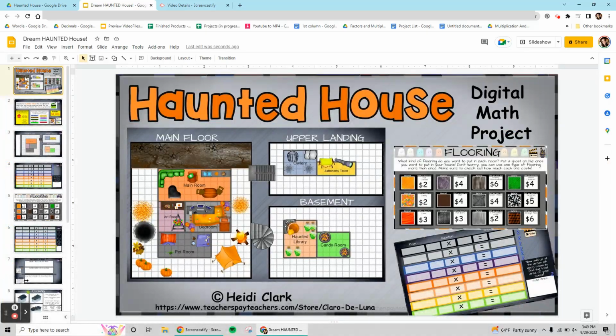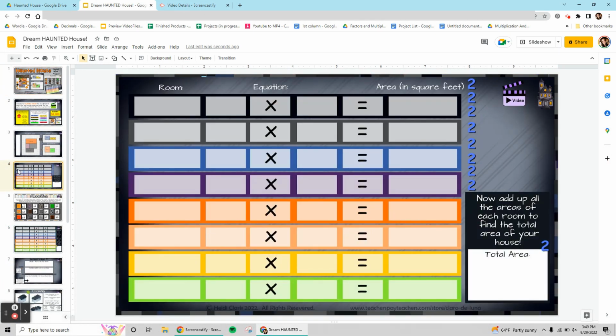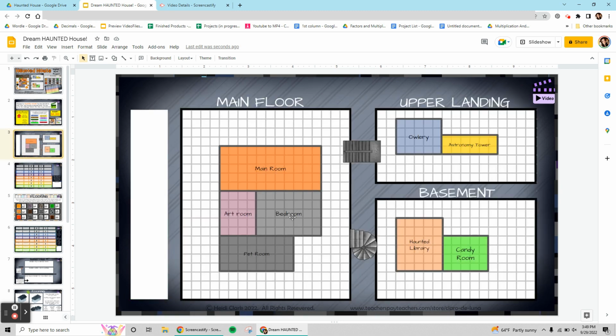All right, so we're creating a haunted house. In this video, we're going to do slide 4, which is calculating the area of each room. In the last video, we created the floor plan. So go back and watch that if you don't have your floor plan yet, but we're going to go on